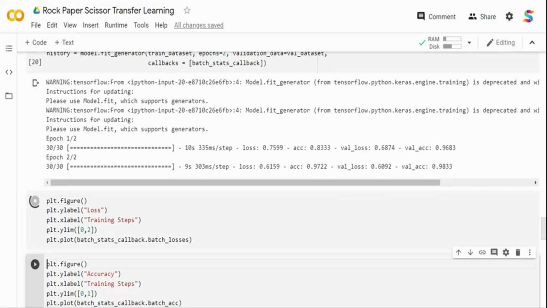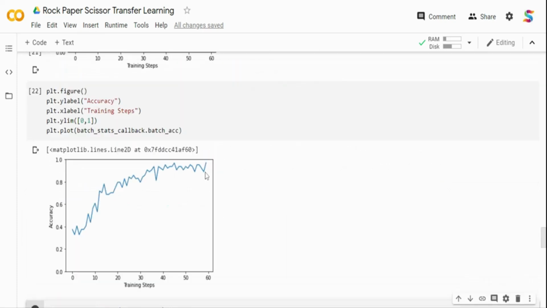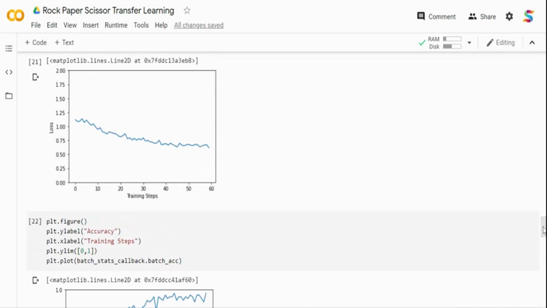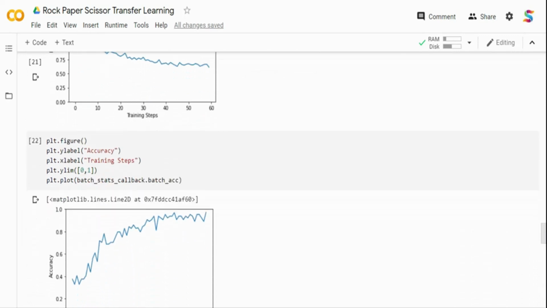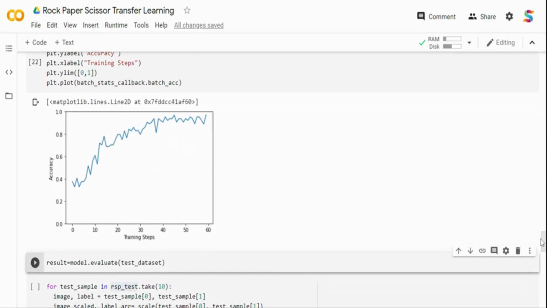Let us quickly print the loss and accuracy chart, and you are seeing the loss did not come down substantially on the top. But as I said, we are using categorical cross entropy. So basically, even a small outlier misclassification can blow up the loss value. And then the accuracy is almost 97, 98%, right?